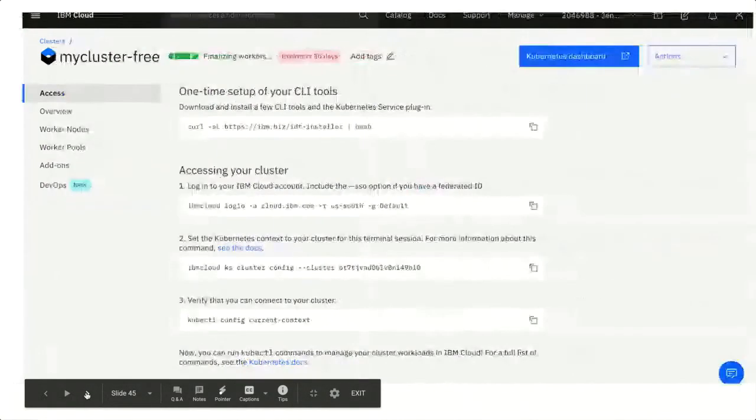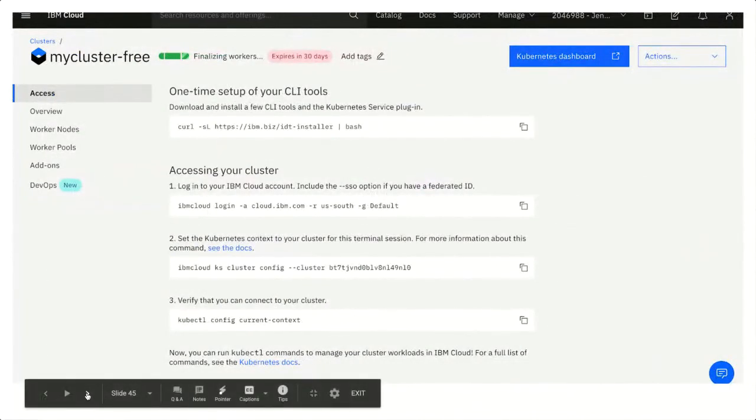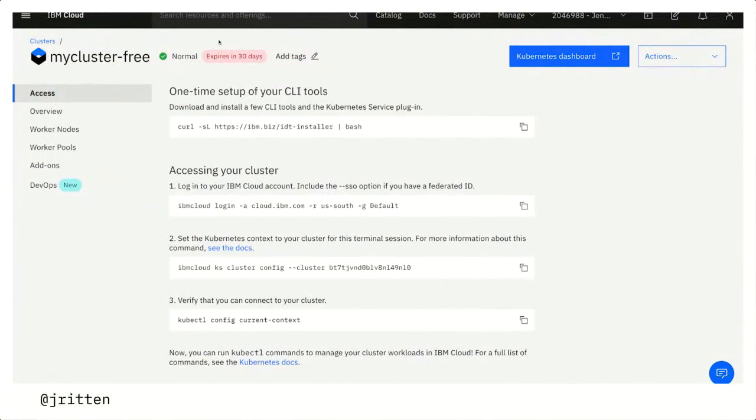But essentially, once your Kubernetes cluster is done and finalized, it'll look like this. So you'll see your free cluster. It'll say it's normal, and it will tell you that it will expire in 30 days. There's a one-time setup of your CLI tools. So inside of your terminal, you can do this from within VS Code.